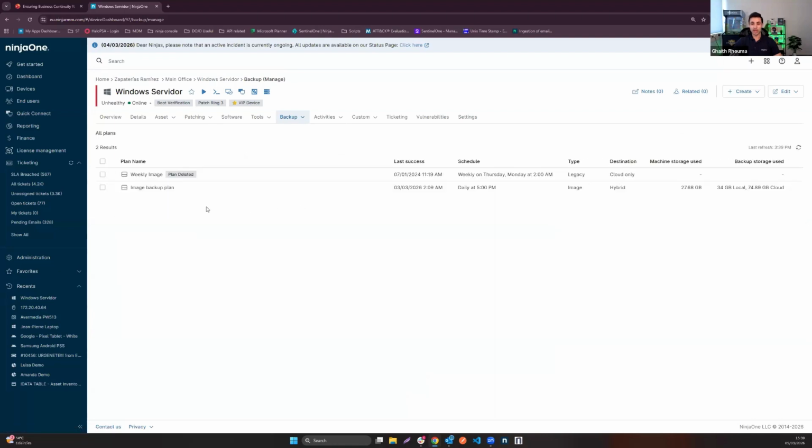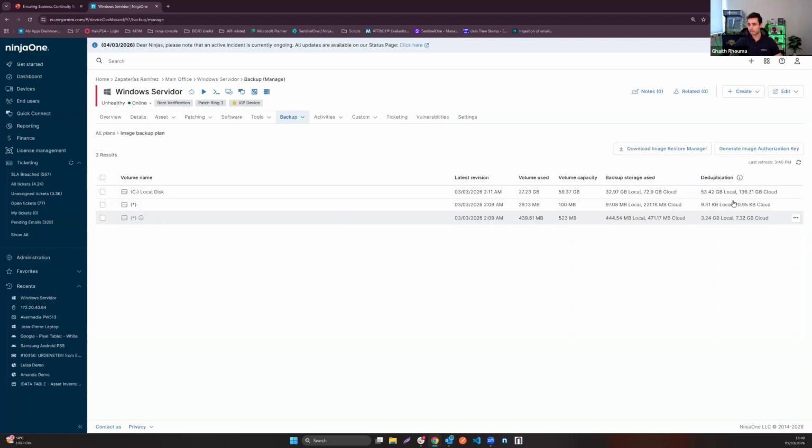Manage, this is where we can access the data that have been backed up, right? This is very important. Now we have only image backup on this device. So we see the machine storage used and the backup storage used. Basically, why I wanted to show this is because we also use compression, right? We do not back up the same data as it is. So we compress files, and this is where you would see the deduplication, volume capacity, volume used, etc.,